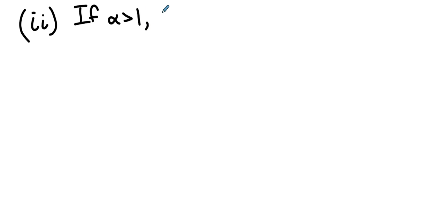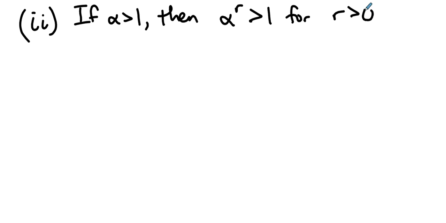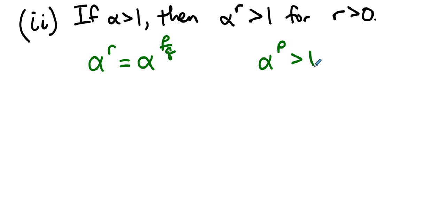If alpha is greater than 1, then alpha to the R is greater than 1 for all positive R. We should think about why that is true. Hit the pause button. Think about why that is true. Well, what do we know about alpha to the R? R is some rational number, so P and Q are integers, no common factors other than 1, Q is not 0. We know that alpha to the P has to be greater than 1